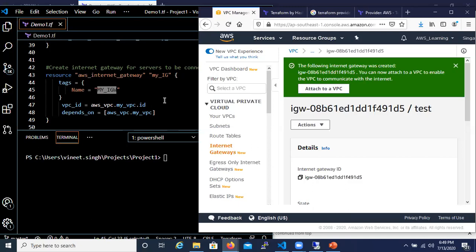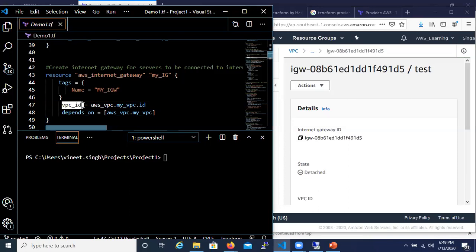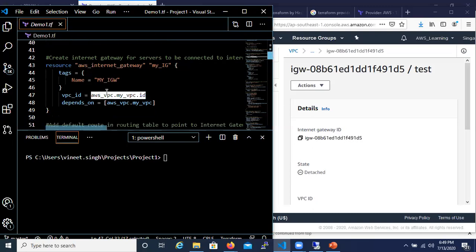So similar to this, I am going to define here the VPC ID, and I'll come to know the VPC ID only from this specific part. And since I want this specific resource to be created only after the VPC is created, I have defined this dependency using depends on.